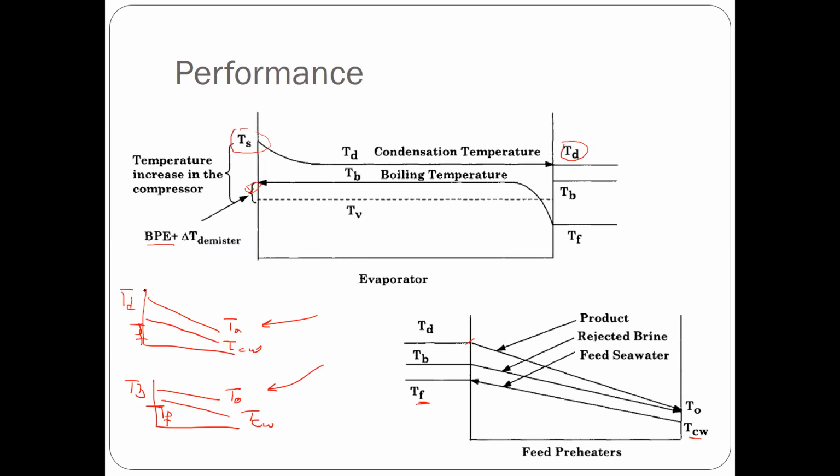One of them, where we use the distillate to preheat the seawater, so the distillate cools to this temperature. And here again, for simplicity of analysis, in the other heat exchanger, you assume the brine is also cooled down to the same temperature T node, and it will heat the rest of the feed from T cooling water to TF. So this is basically a quick description of the unit and the benefits of the units,